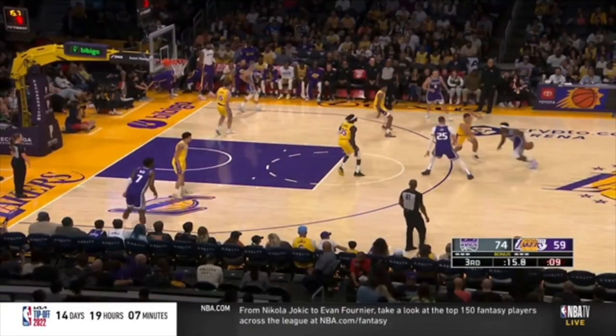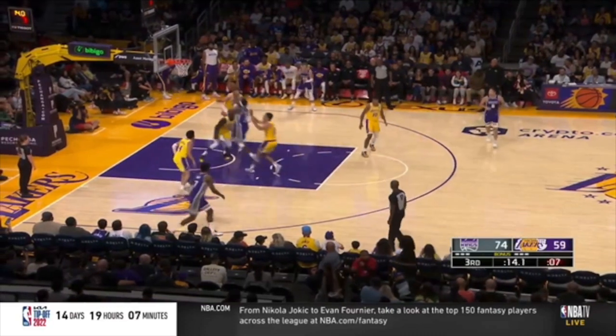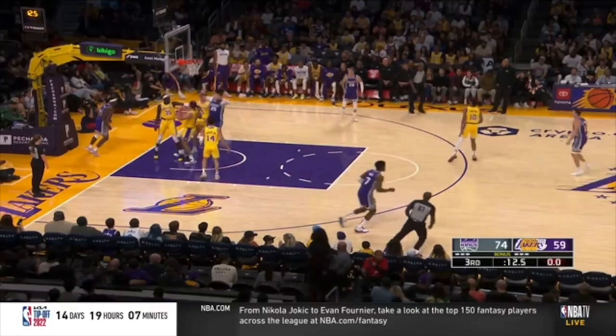Stop running drop coverage. Look if this player's up and pushing this guard out here. Second, he hesitates, picks up his dribble, brings his dribble back. I'm going to be able to recover. In the meantime, where's this player going? The backside defender's right here, and I'm going to be able to bump you back quickly anyways. But nope, you want to give this guard the lane, and how easy can it possibly be?